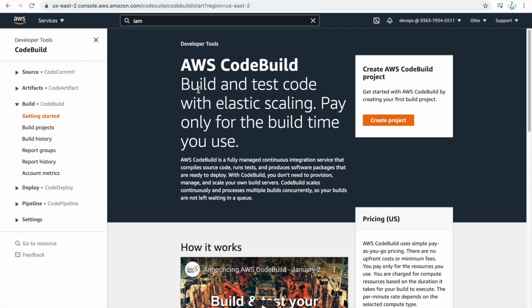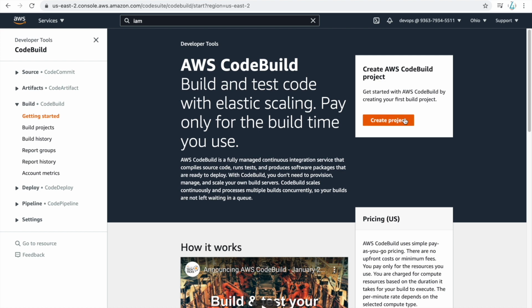In AWS CodeBuild, you just need to pay for the build time. Like if your build is taking 10 minutes, some dynamic provisioning will happen. It will just run for 10 minutes, and you do not know which server it is launching and how it is doing everything. It is like a black box for you. So how can we use that?